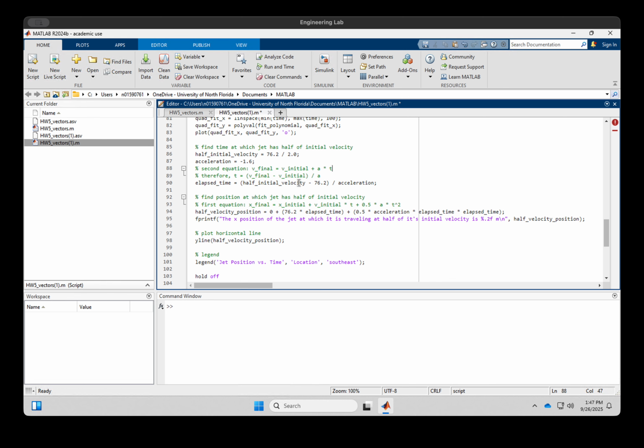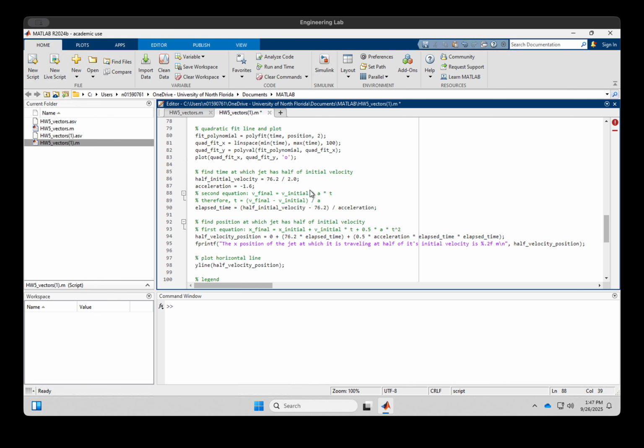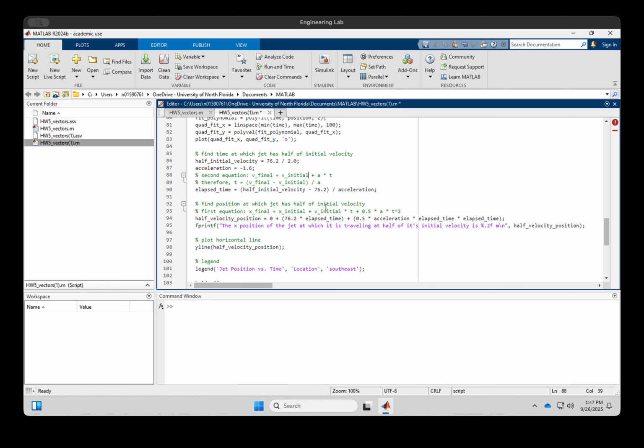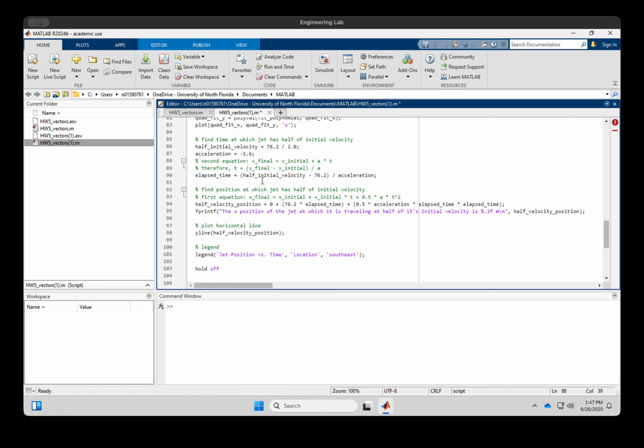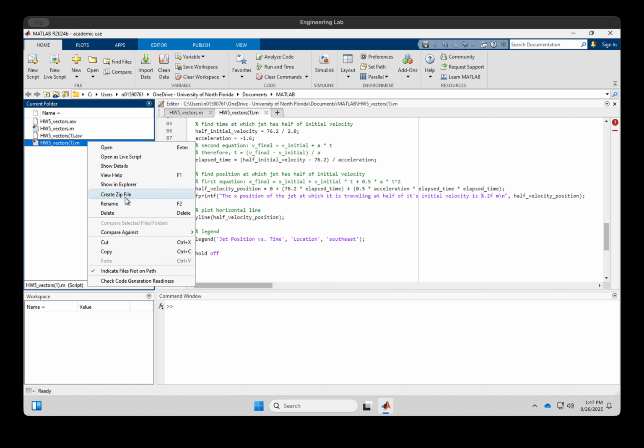The elapsed time, you just rearrange this equation, so time equals the final minus the initial divided by acceleration. So I have half the initial velocity, because that's the final. You're ending at half the initial velocity, and you're starting at the initial, which is 76.2, divided by acceleration. That's the elapsed time, which ended up being, if I run this,